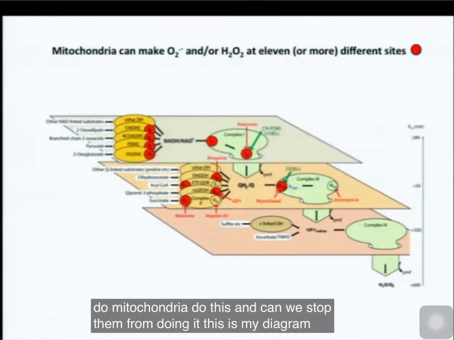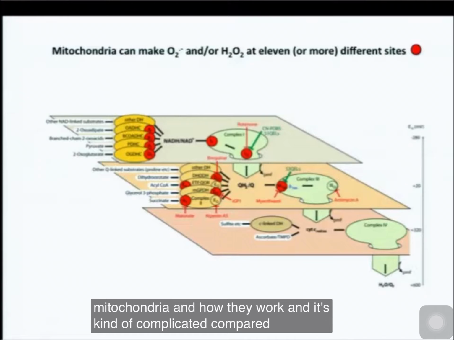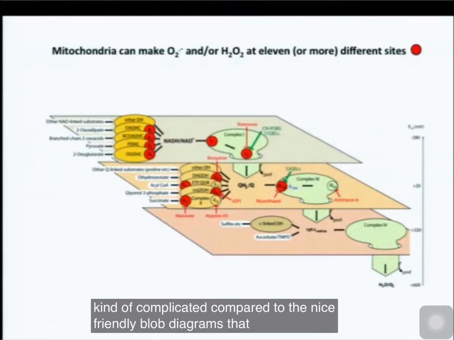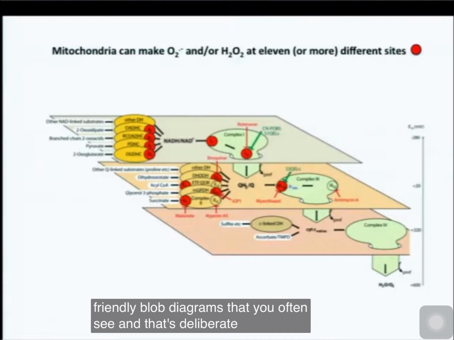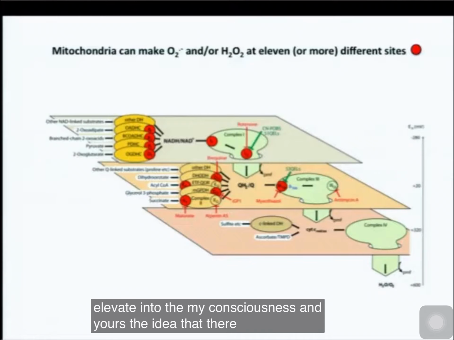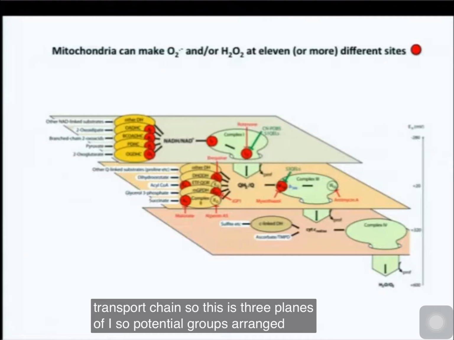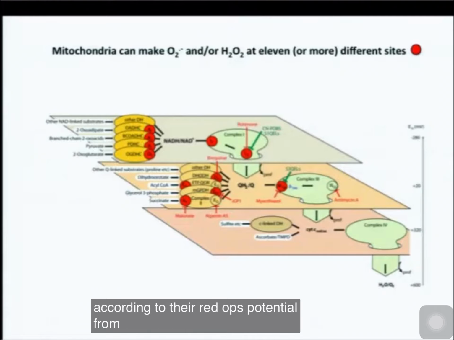This is my diagram of mitochondria and how they work, and it's kind of complicated compared to the nice, friendly blob diagrams that you often see. And that's deliberate. It's to elevate into my consciousness and yours the idea that there are different energy levels within the electron transport chain. So this is 3 planes of isopotential groups arranged according to their redox potential, from the very reducing through the not quite so reducing to the relatively oxidizing, right down to the oxygen-water couple, which is